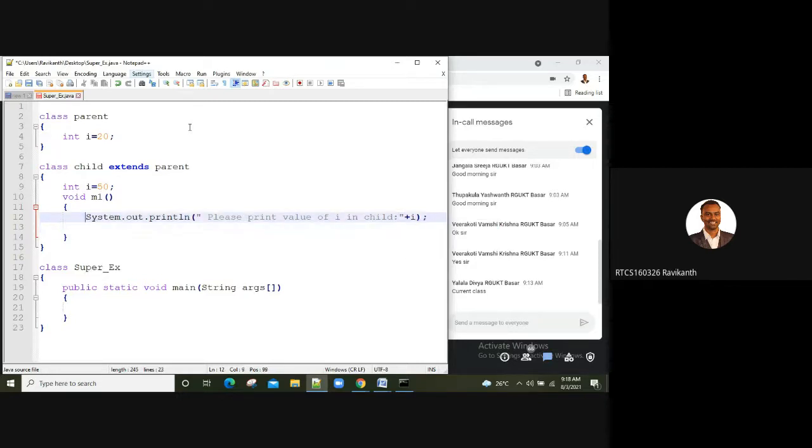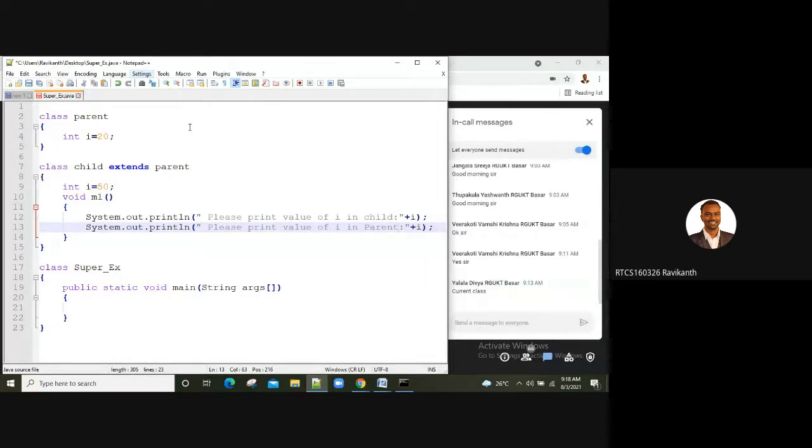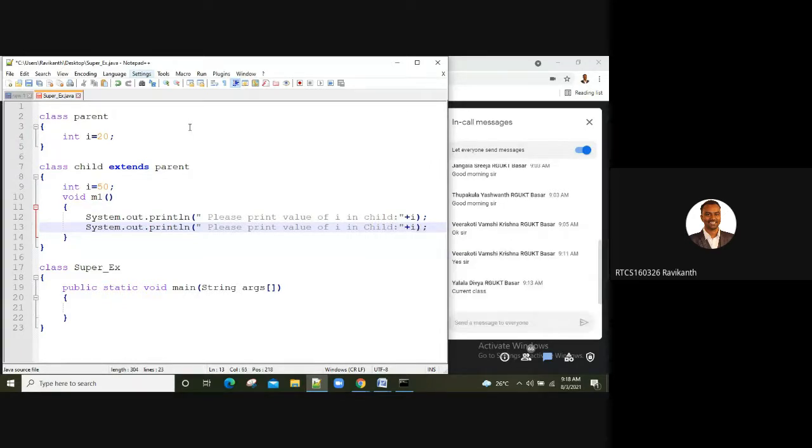So what value is it going to print? Now here, please print value of i in parent, in the child only again.